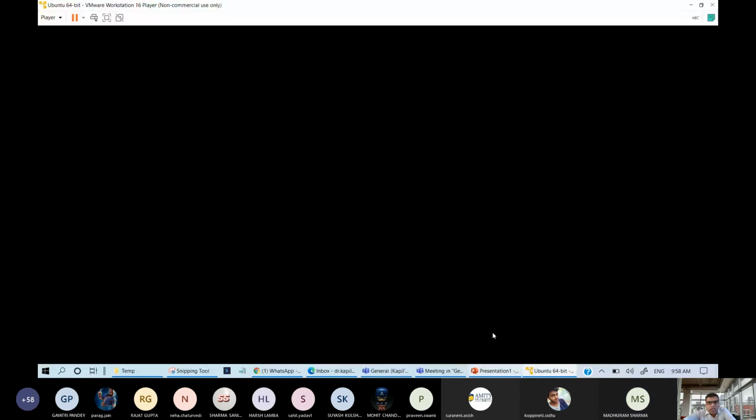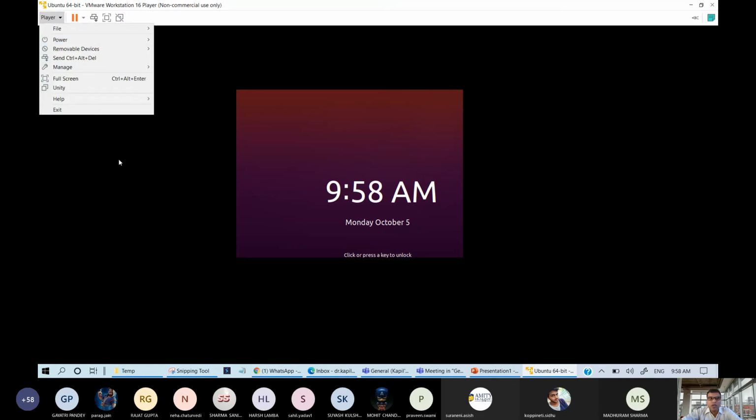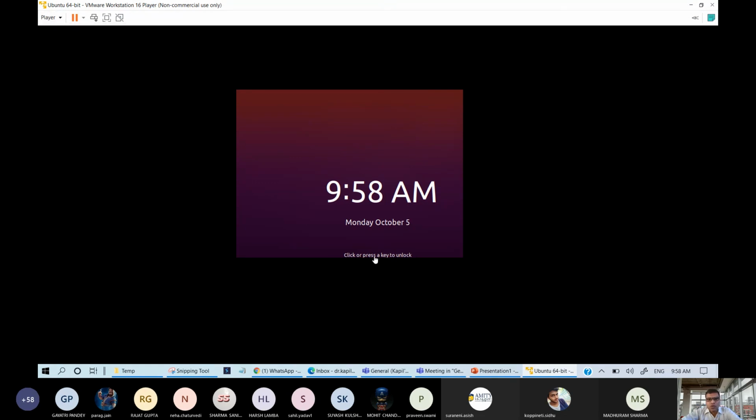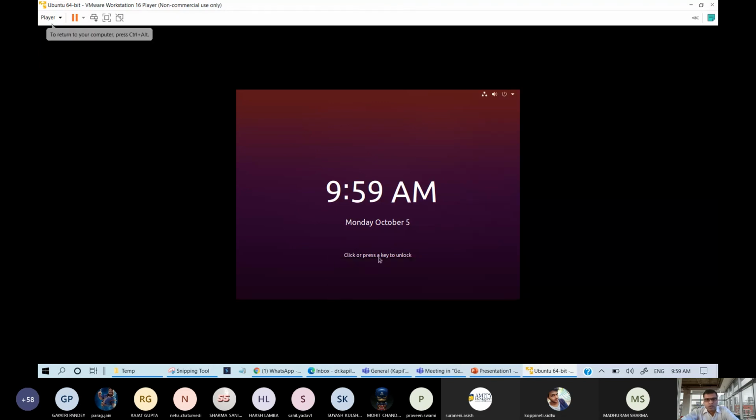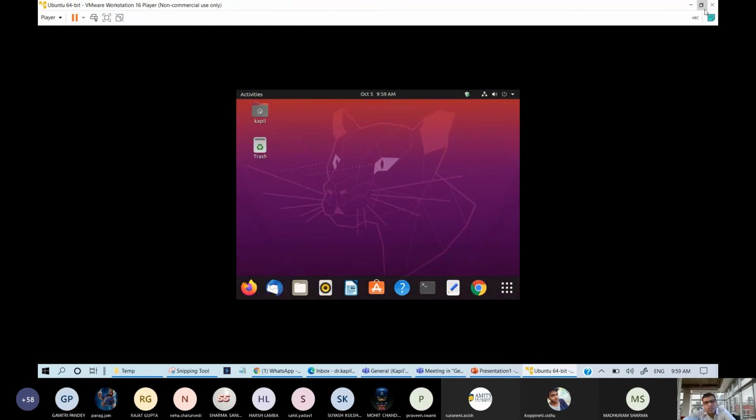If you want to use virtual machine, like this is virtual machine. This is one system. Okay. This system is known as VMware Player. So I am going to unlock this system, and this is another operating system you are visualizing here.